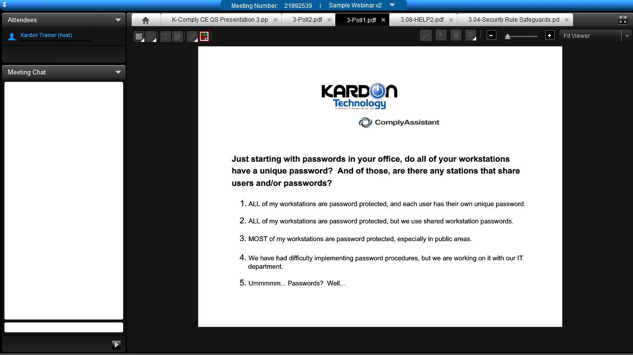So the question is, just starting with passwords in your office, do all of your workstations have a unique password? And of those, are there any stations that share usernames or passwords? Number 1, all of my workstations are password protected and each user has their own unique password. Awesome. Number 2, all of my workstations are password protected, but we do use shared workstation passwords. Number 3, most of my passwords are password protected, especially in public areas. Number 4, we have had difficulty implementing password procedures, but we are working on it with our IT department. And number 5, hopefully we don't get this, but